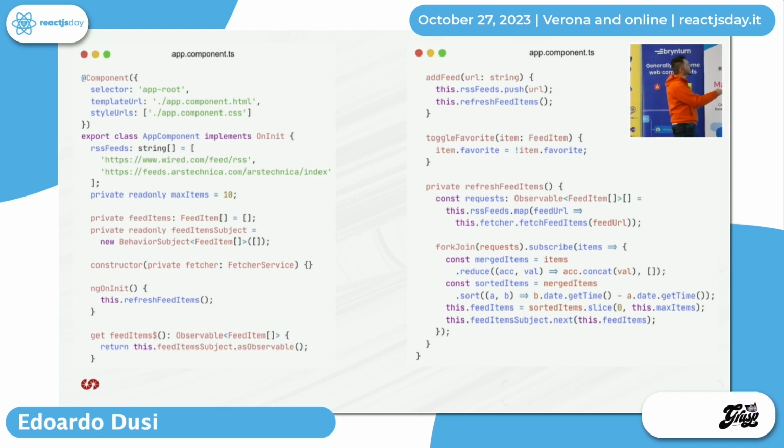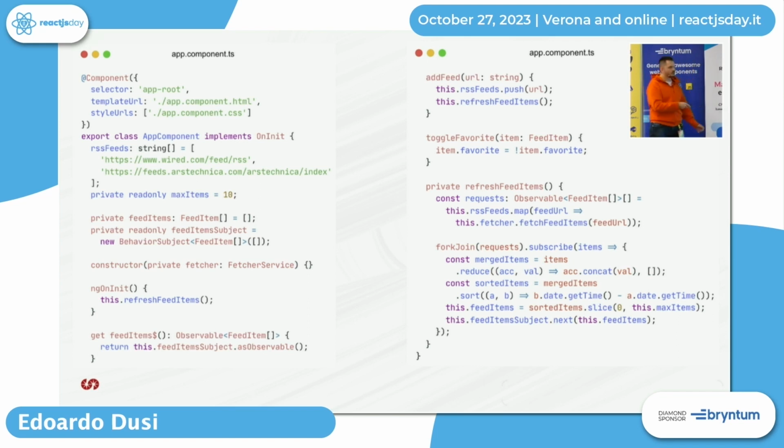So you see that when I declare my component in Angular, I declare it with a decorator, because Angular works with decorators. So I want to decorate my component with the @Component decorator, telling Angular that the template is this file, the style is this file, and then I declare the properties, my feeds, other properties, and you see that here I'm declaring a subject, feed item subject.